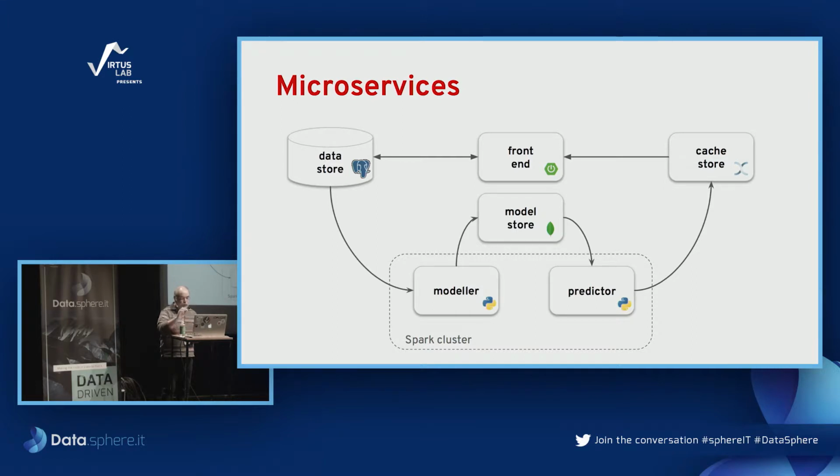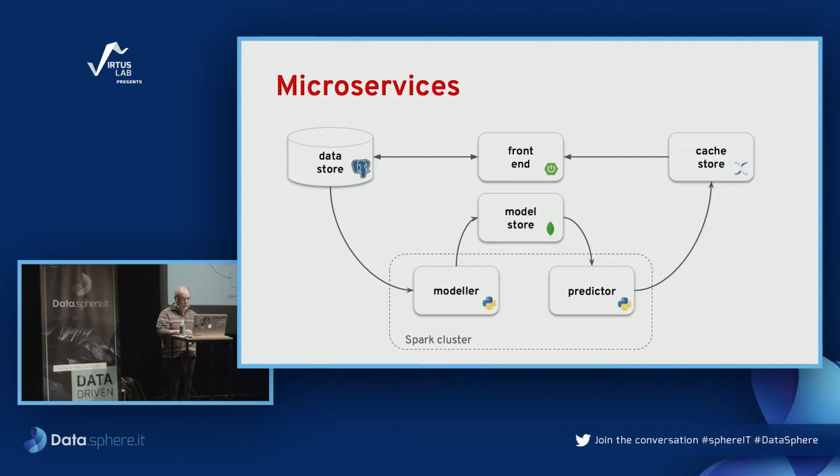So this also allows polyglot implementations, which is very useful. Many people in data science prefer to use Python, other people prefer to use Scala. But it wouldn't matter with this kind of architecture, because you would work on each service independently. So the data scientist in this case could work on the model and predictor components in Python, right? And the functionality is basically split into three broad areas. You have the machine learning components, the model and the predictor. You have the storage, which corresponds to the data store and the cache store, and you have the user-facing components,